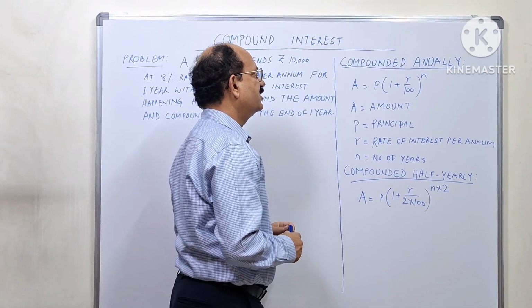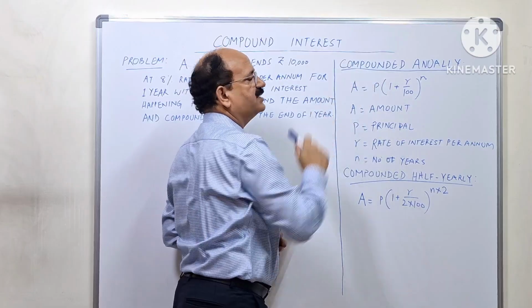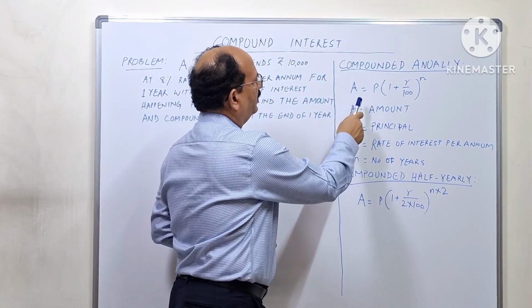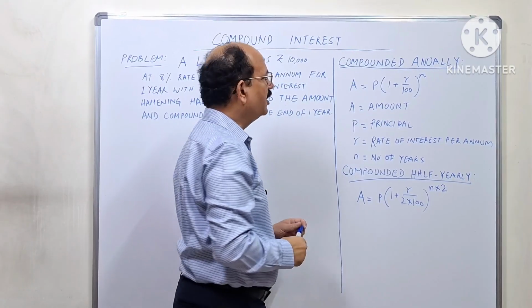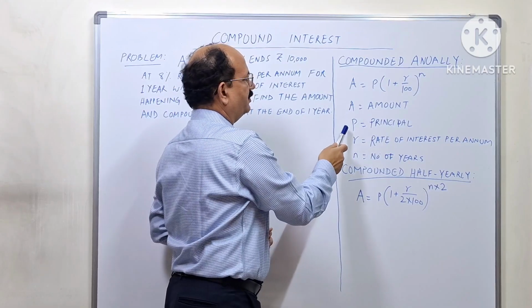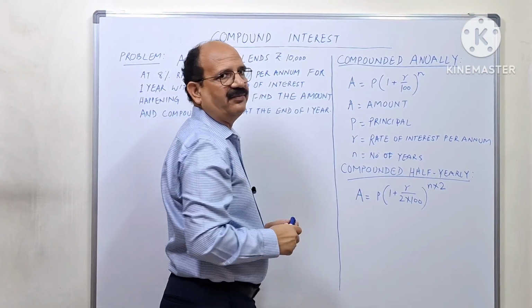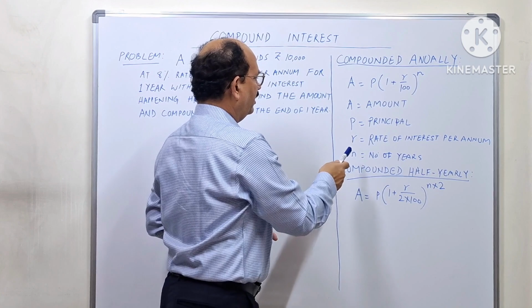In my last video on compound interest, I had explained how the amount in case of compound interest is calculated if the compounding is happening annually. So amount will be equal to P times (1 plus R by 100) raised to the power N, where A is the amount, P is the principal, R is the rate of interest per annum, and N is the number